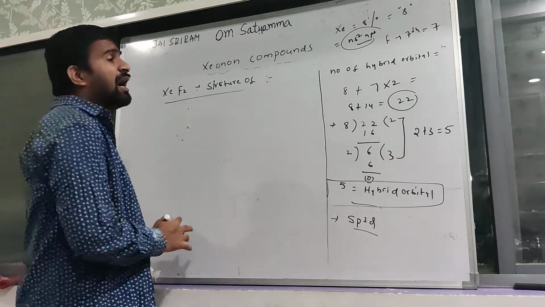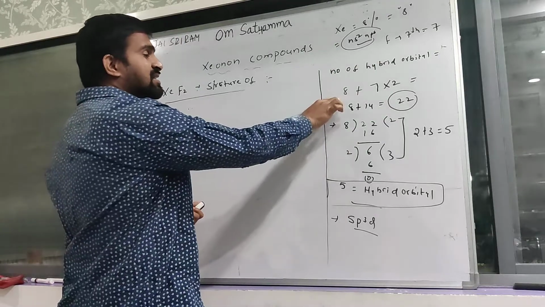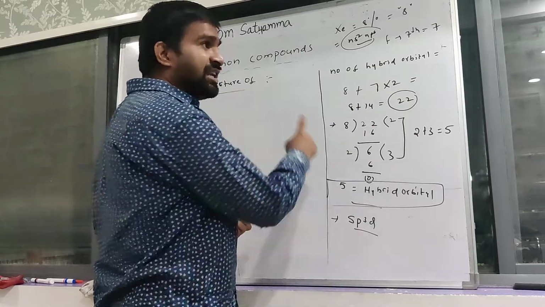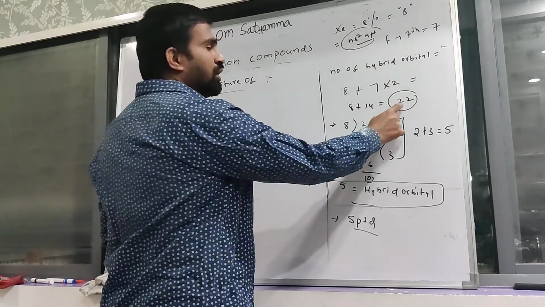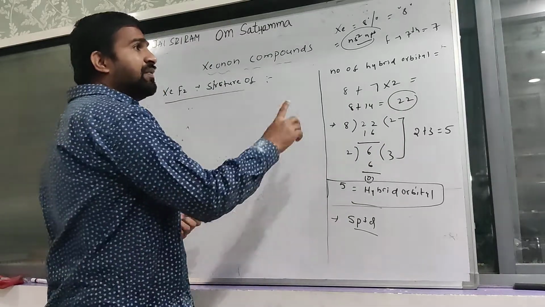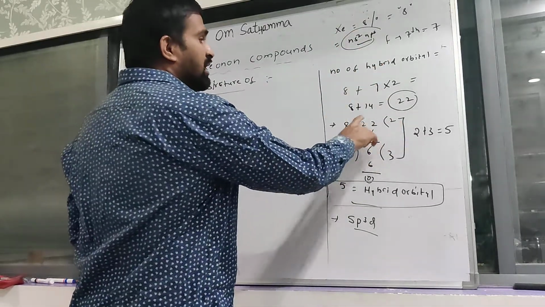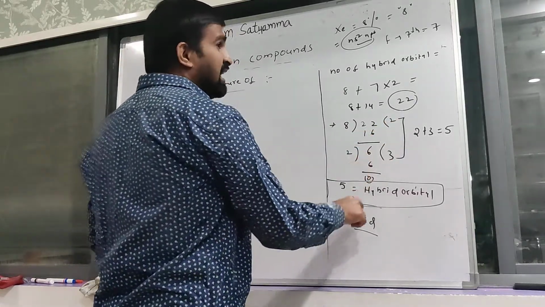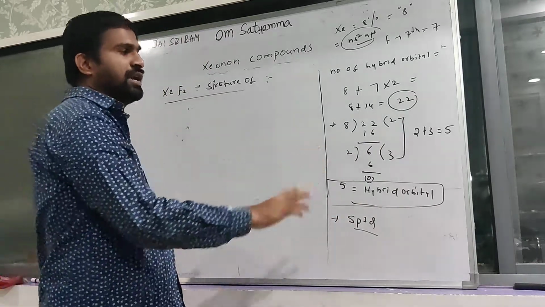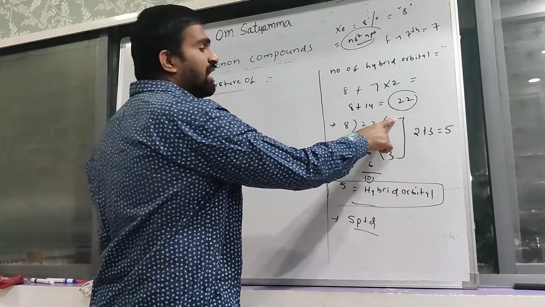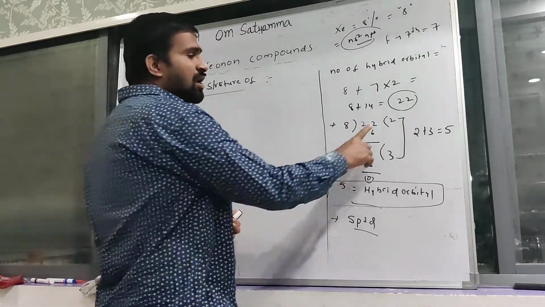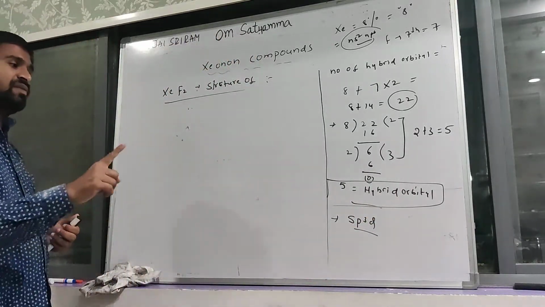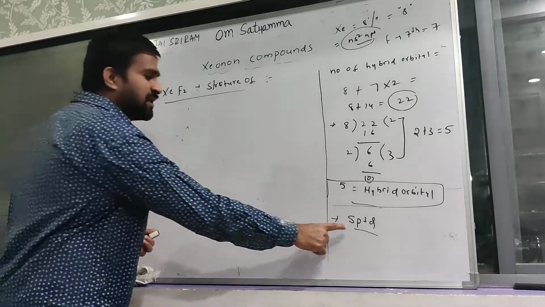The number of hybrid orbitals is equal to the valence electrons of the central atom plus the valence electrons of the bonded atoms times the number of bonded atoms present in the given compound, which is equal to 22. This value is between 9 to 56, so divide by 8. 2, and the remainder is 6. 6 is between 2 to 8, so again divide by 2. Finally 2 plus 3 is 5. The number of hybrid orbitals is equal to 5. If in any compound the central atom has 5 hybrid orbitals, it undergoes sp3d hybridization.